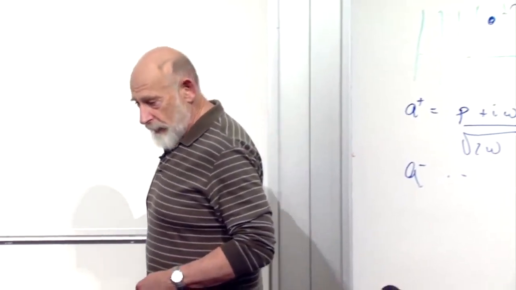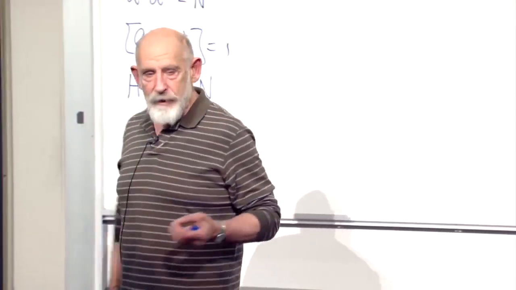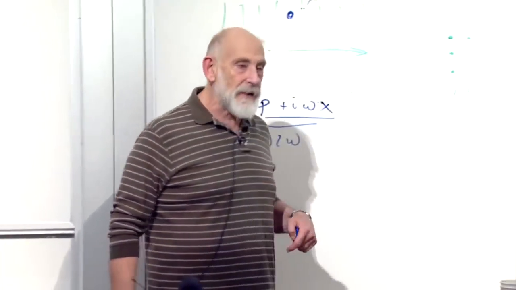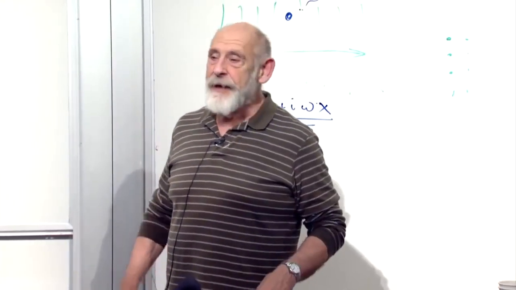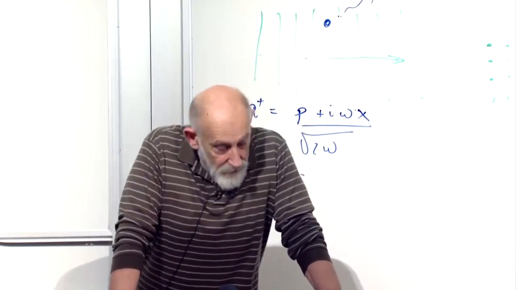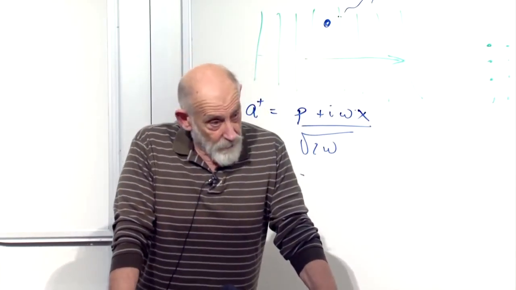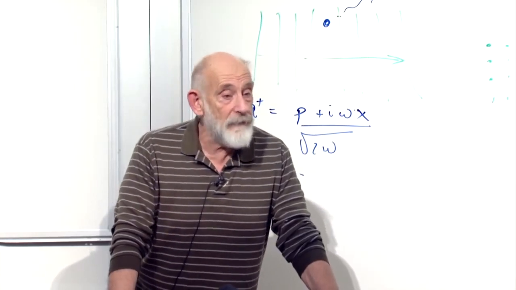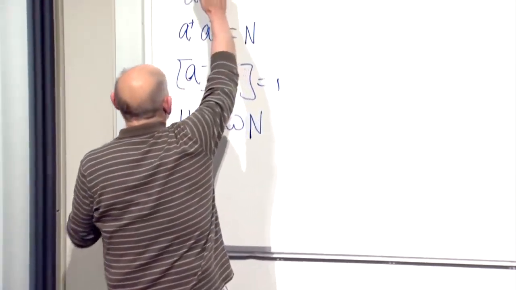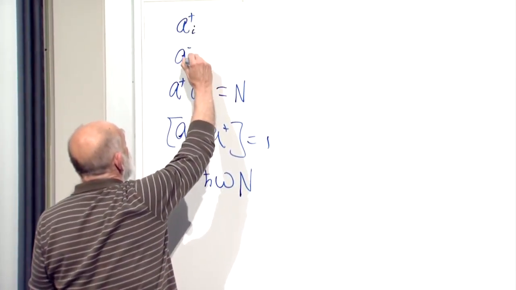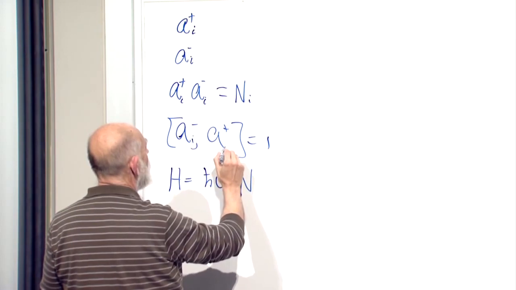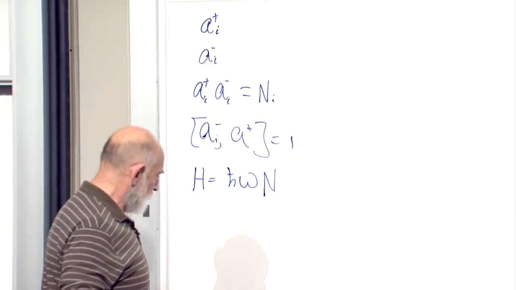But now if we have many harmonic oscillators, we can label them. We could label them with an index. And I'll use the index i, but i does not stand for the square root of -1. It's just a label which goes over all the possible oscillators that I'm interested in. There may be a finite number. There may be an infinite number. In the examples that we'll be interested in, there are an infinite number. All right, so now we get to label the oscillators.